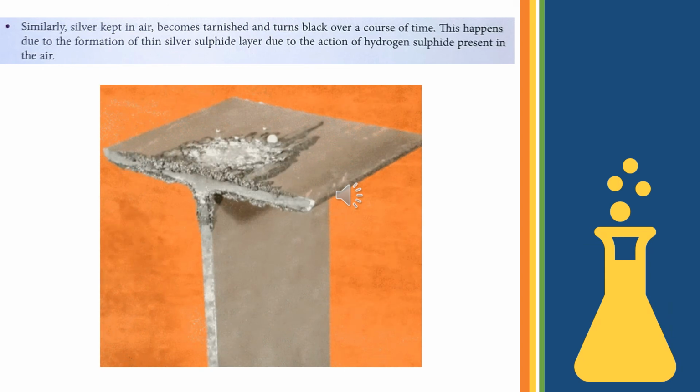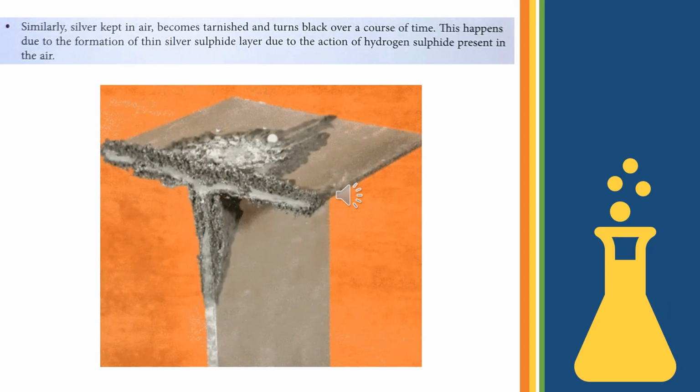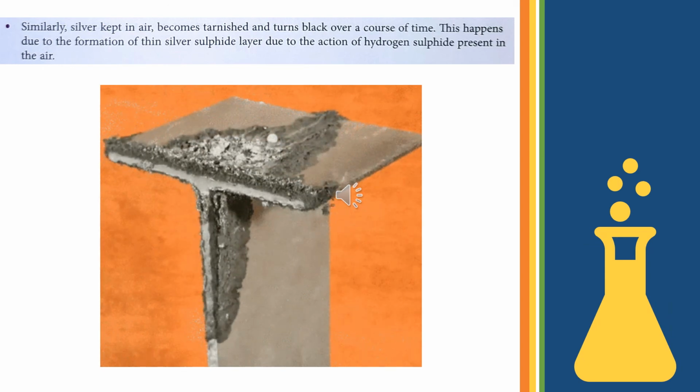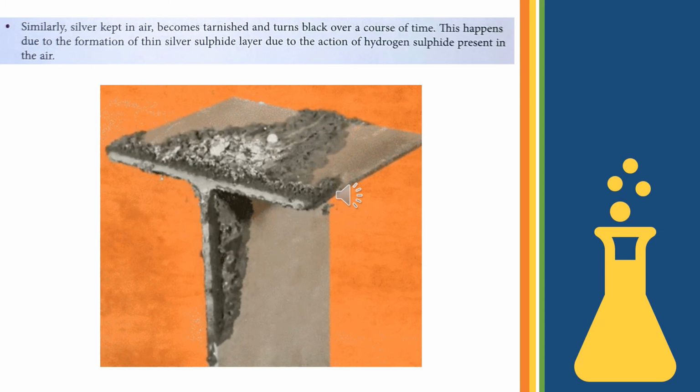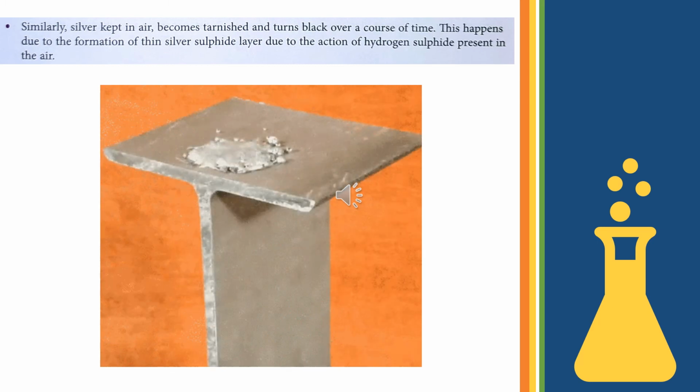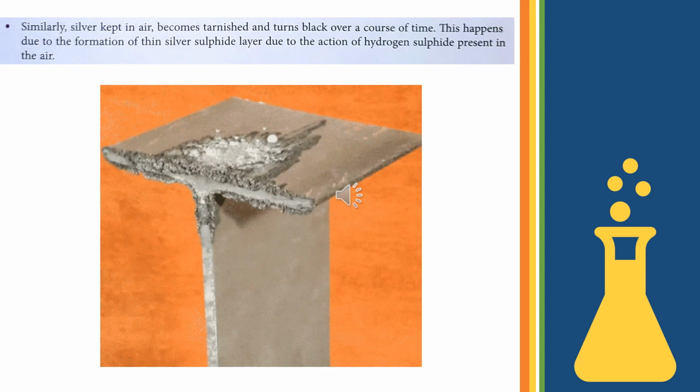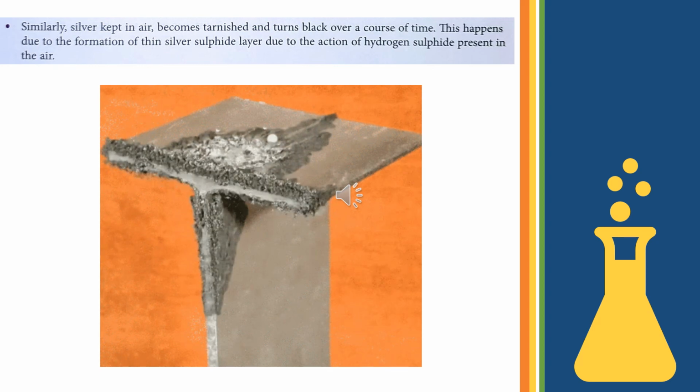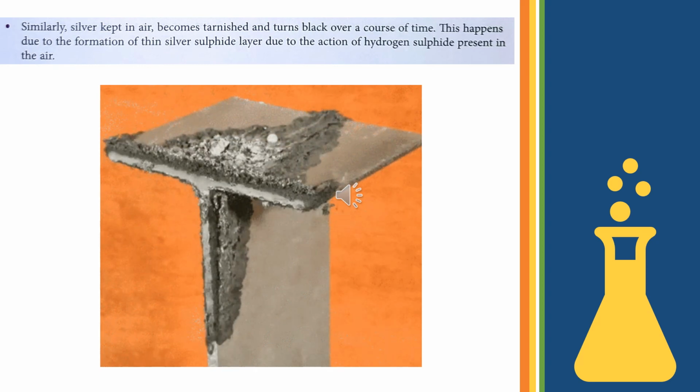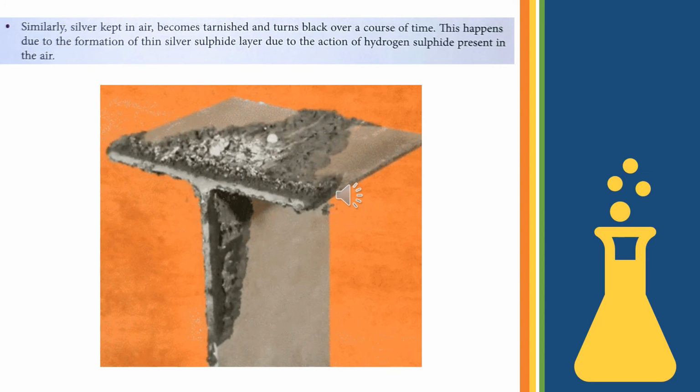As I have already told you about silver, according to a book, silver kept in air becomes tarnished and turns black over a course of time. This happens due to the formation of a thin silver sulfide layer due to the action of hydrogen sulfide present in the air. Okay, now